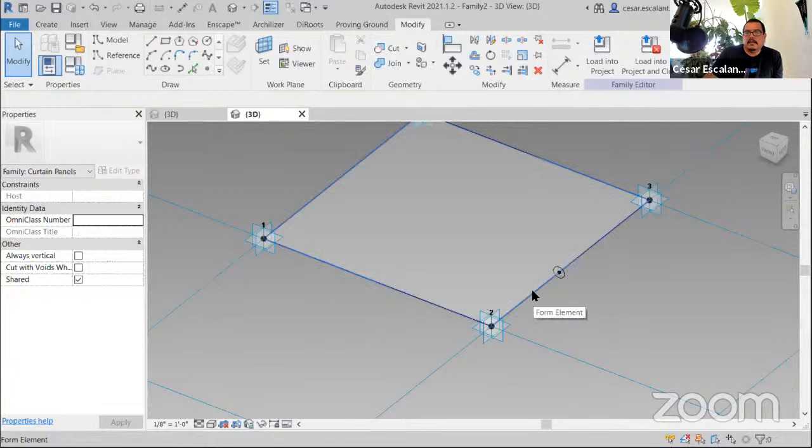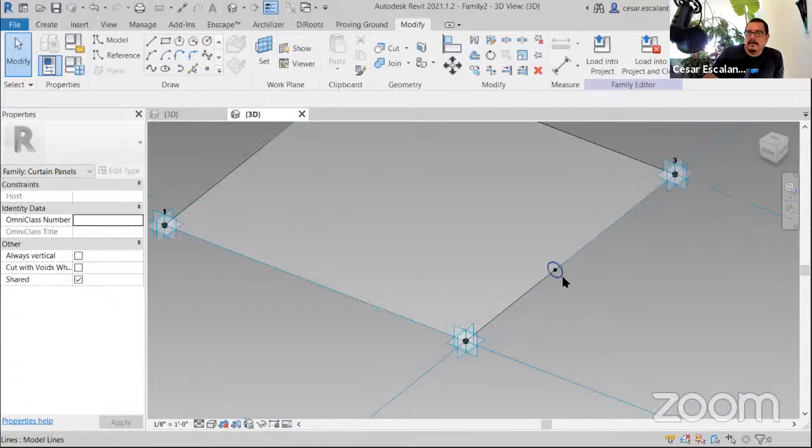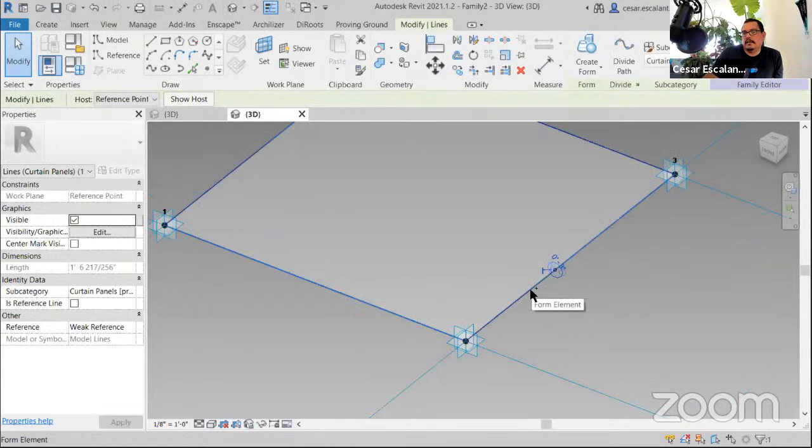And then the way solid elements work in Revit is that in order to create an extrusion, you just select the element and extrude it to create a form. But in order to create things like sweeps, a sweep is a profile along a path. You have to select the profile, and then you have to select the